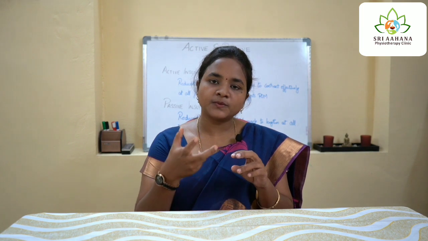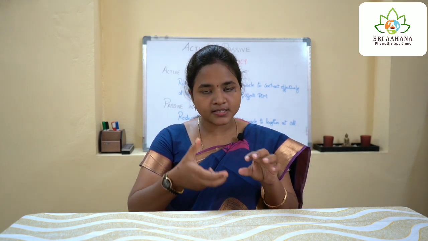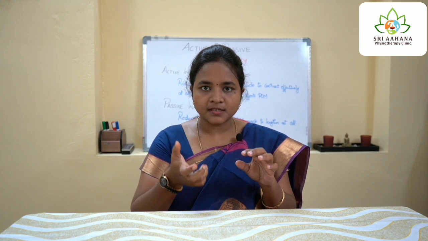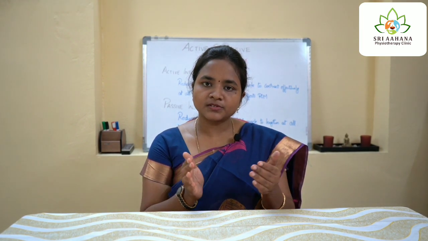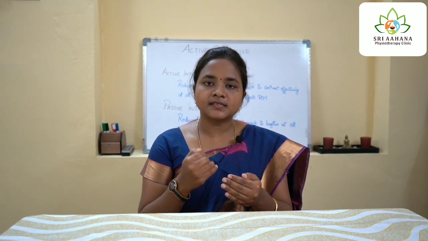So when we attempt to do both these actions simultaneously, the extension of the hip as well as the knee flexion, the range of knee flexion will be limited. This is because of the active insufficiency. During this process, the muscle undergoes a slack. It will be contracted to the maximum it can, and then it will go to a state of rest. So the muscle will remain in a weakened position. So it is subjected to more injuries when compared to passive insufficiency. This is seen more commonly in sports people, as hamstring injuries.